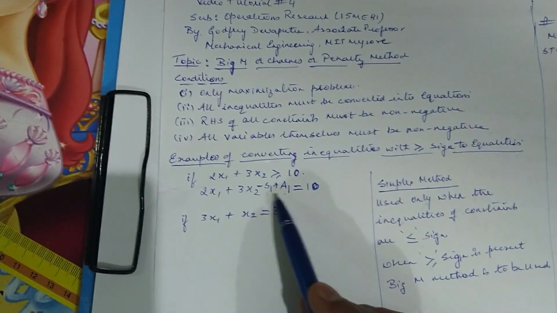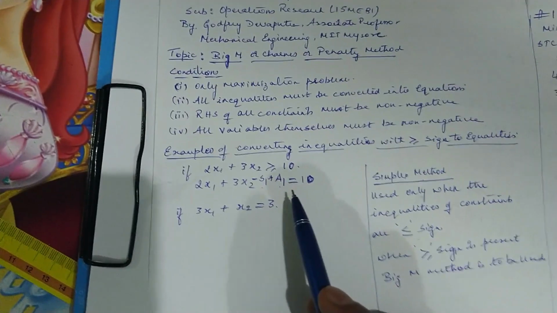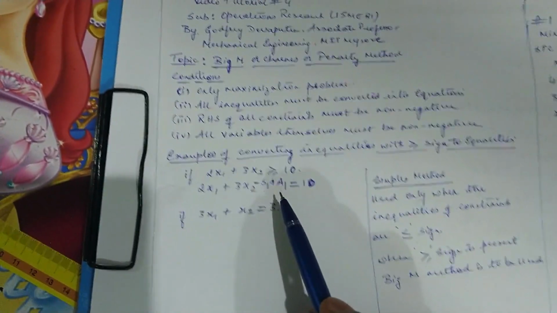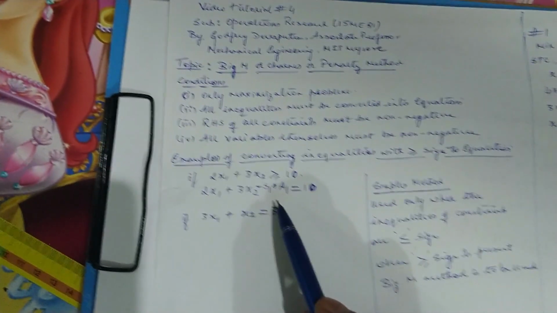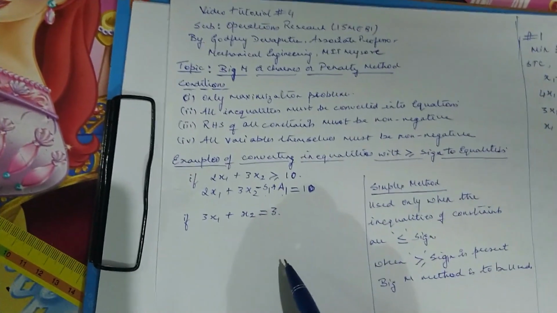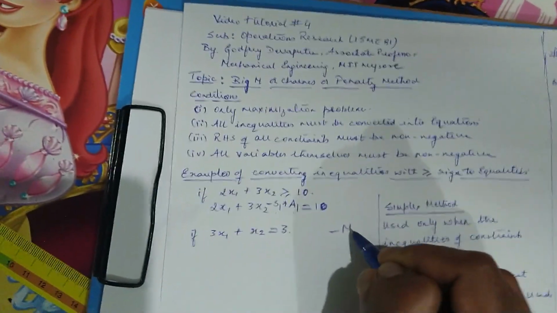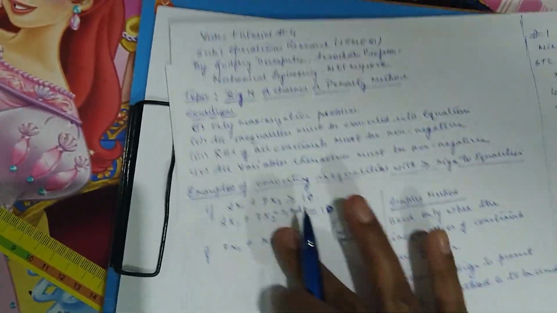The coefficient of slack and surplus variables in the objective function remains 0, just as in the case of the simplex method, whereas the coefficient of artificial variables in the objective function will be given a value called minus M. How to incorporate this minus M, I'm going to teach you when we solve the problem.